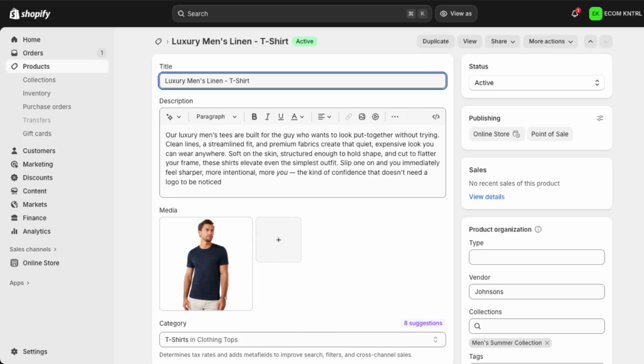Shopify will update the product, and after a moment, the new name will be reflected in your product list and on your storefront. That's all there is to it. You've successfully changed a product name in Shopify by going to your